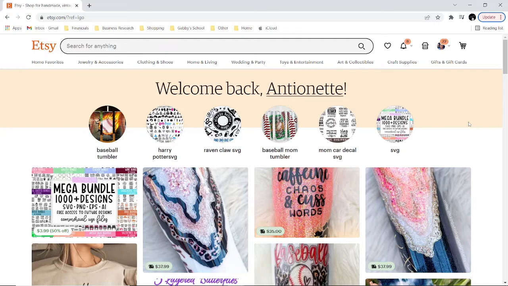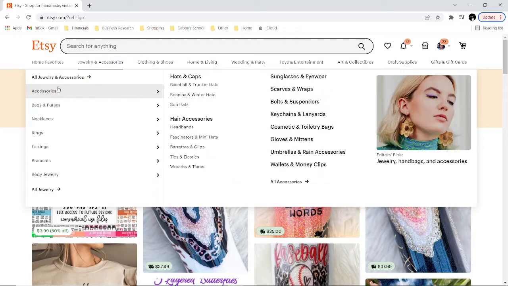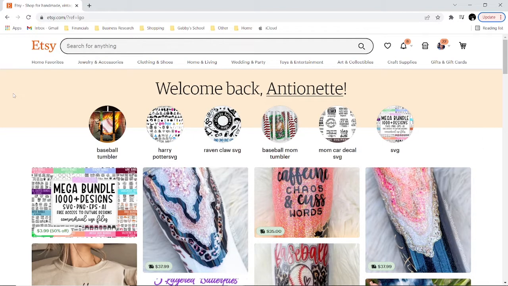Today we're going to show you how to purchase and download a file from Etsy and also upload it into Design Space to use for your design. Now the first thing you want to do is open your web browser and navigate to Etsy.com. This will take you to Etsy's landing page where you can either sign into your account, or I believe they also let you check out as a guest if you do not already have an Etsy account